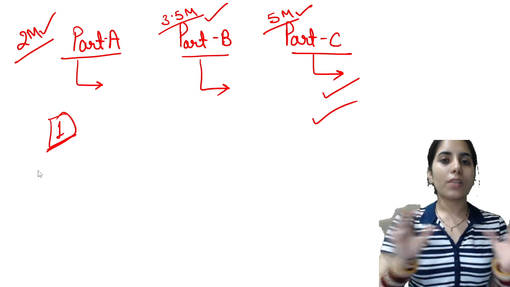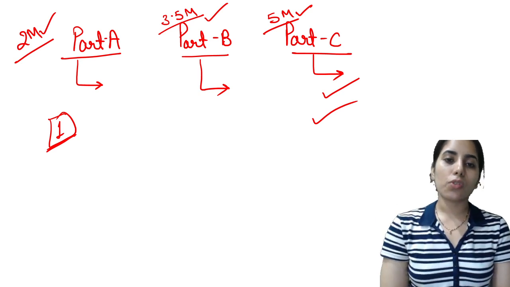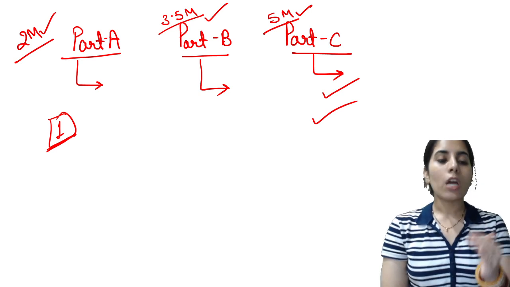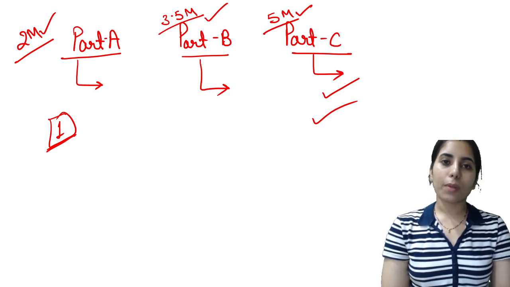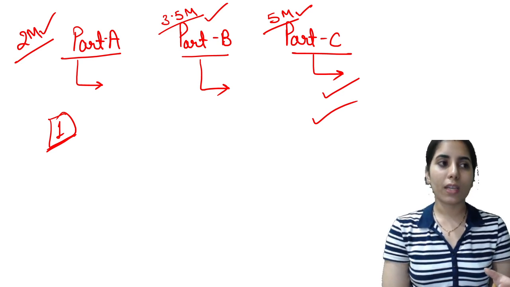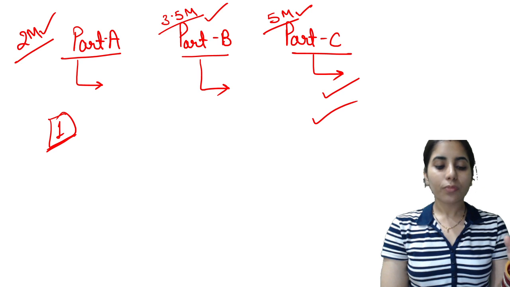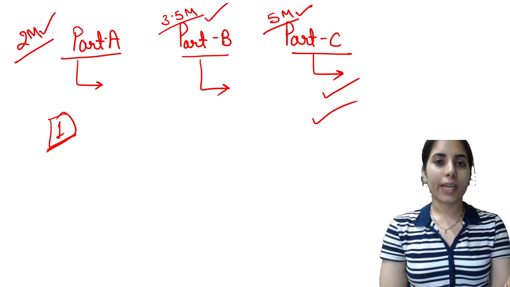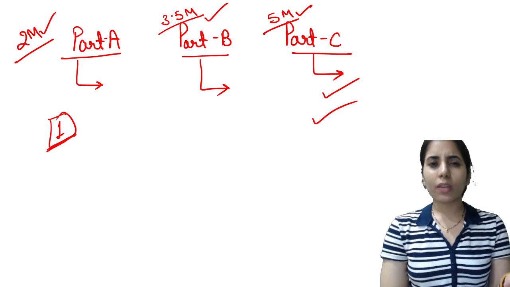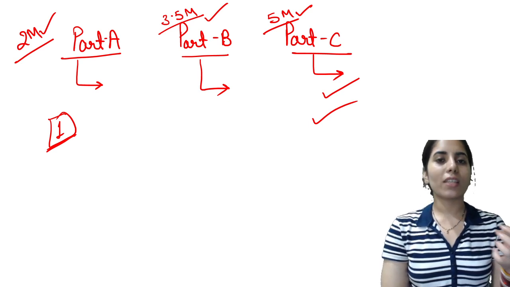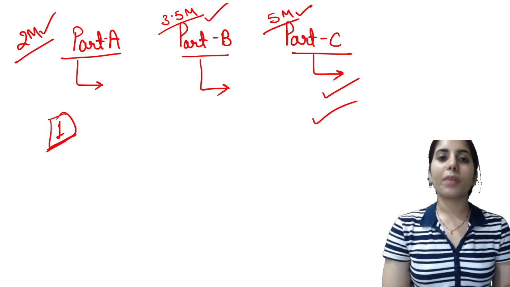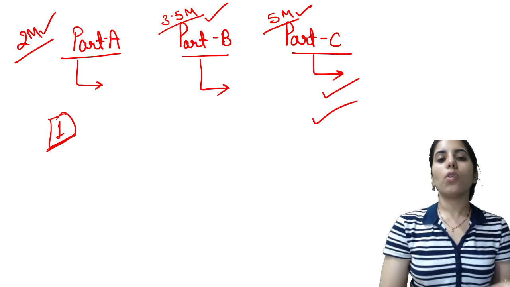From whatever section you start solving the questions, your time management strategy is going to play a very important role. When you start part A, you should have an idea, or approximately consider, that you will take about 45 seconds to 1 minute for each question. Okay, so you can have a time limit for that, which will help you